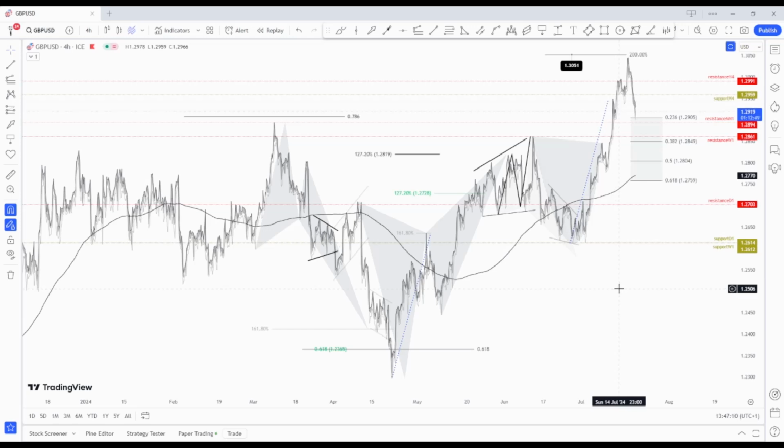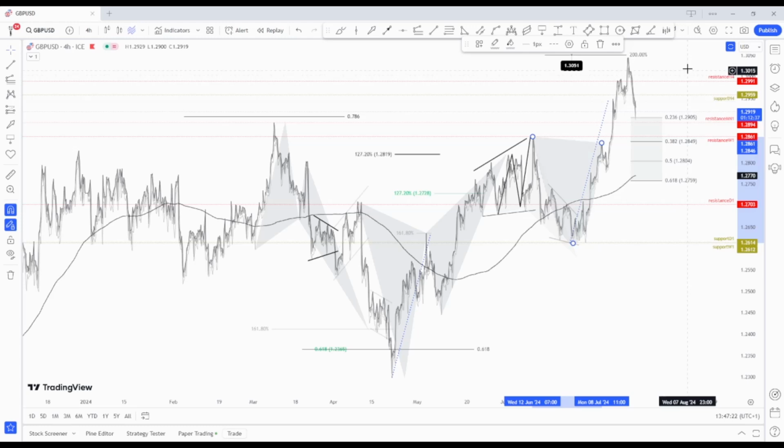Now, the cable. On my last video we talked about a daily time frame chart for the cable, and also this lower time frame, lower degree cup and handle pattern formation with targets at 130.51. That's a 200% Fibonacci extension. We have a new fractal resistance at 130.45, and as you can see, the cable